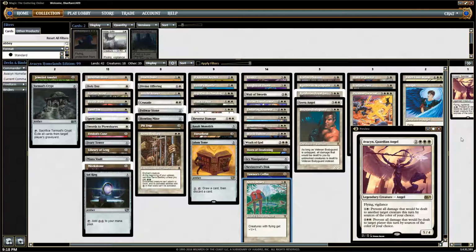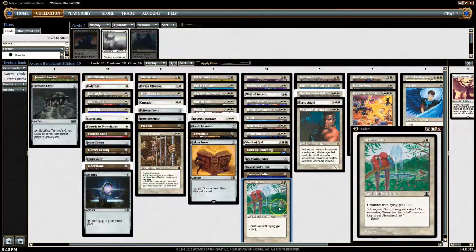not exciting. We've got Serra Aviary, which is a 4-mana world enchantment that says creatures with flying get +1/+1. We've got it just because we kind of need more ways to buff our flyers. Sure, it's probably going to get taken out